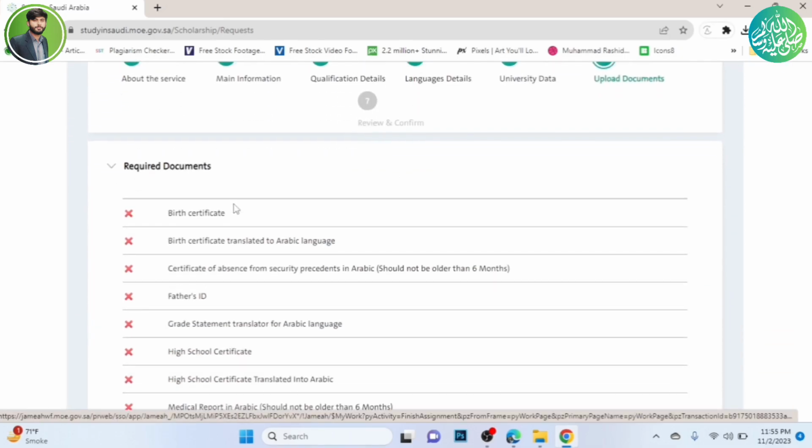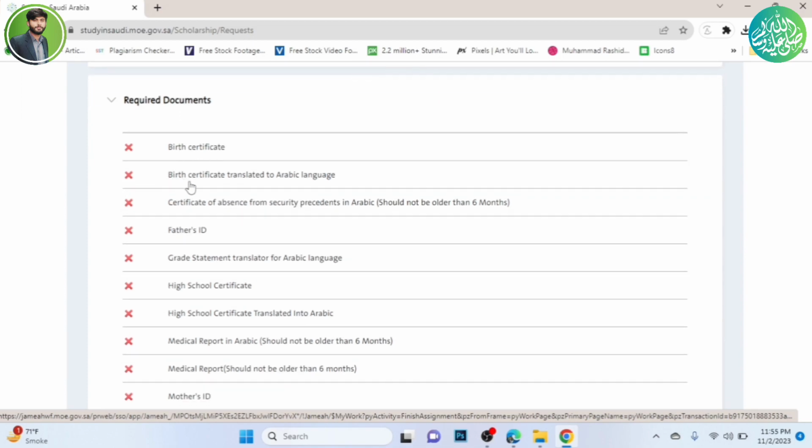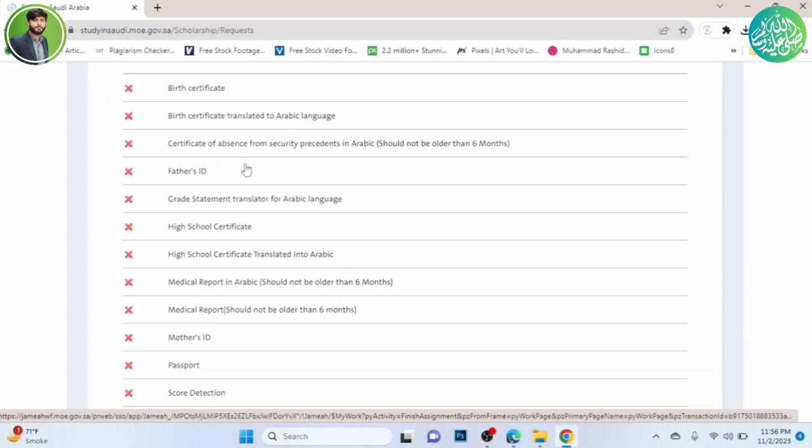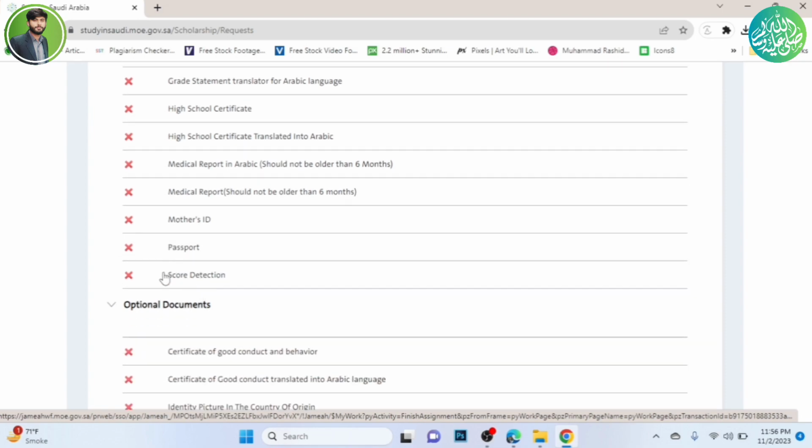After that you have to upload the required documents. This is the list of documents: birth certificate in Arabic language, and police character certificate. After that father's ID, and then the grade statement for Arabic language, it means the transcript or mark sheet in Arabic language, and then the high school certificate, it means the degree, and also in Arabic. After that medical report in Arabic as well, and then mother's ID and passport and score detection, it means